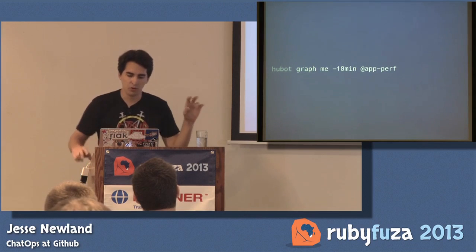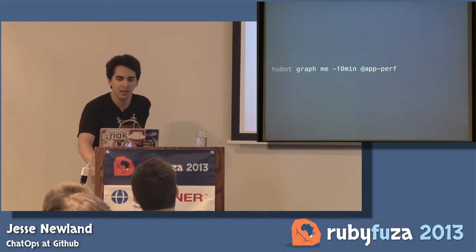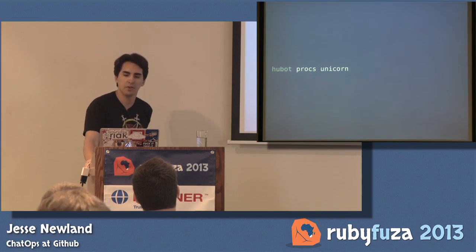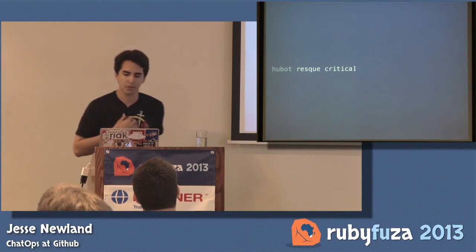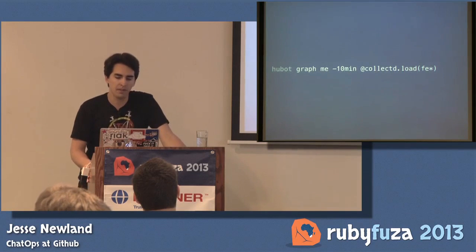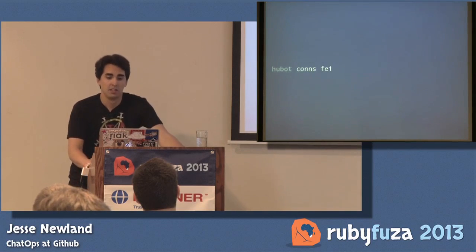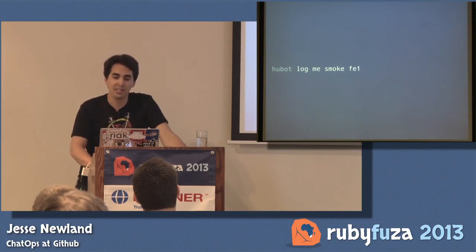That's like a New Relic-ish graph that we use internally a lot to see how things are going. You see how to check the status of all unicorns that are running across all of the front ends. You see how to check the status of the rescue critical queue. You can check out the load on all the front-end servers. You can check current connections to a front end that you just rolled out possibly some bad code to and see how it looks. You can check out the logs on that front end and realize that you did break